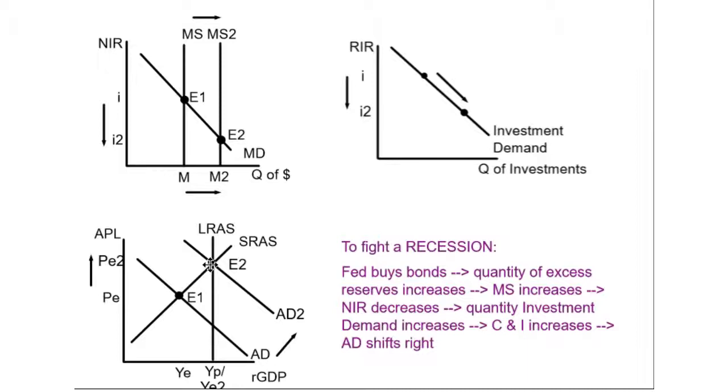While you're drawing, one more thing I want to show you. Something always goes together. Whatever happens to money supply also happens to AD. So money supply increased, eventually AD will increase too. More money leads to more spending. Of course, you can see there's all kinds of steps in between, but if you're just double checking your work, if MS shifts right, AD better shift right as well, or else something went wrong. So go ahead and pause if you need to keep drawing this, to keep labeling all the pieces.